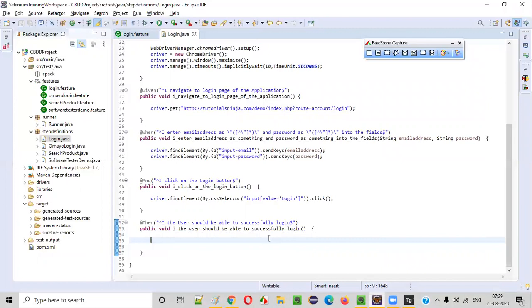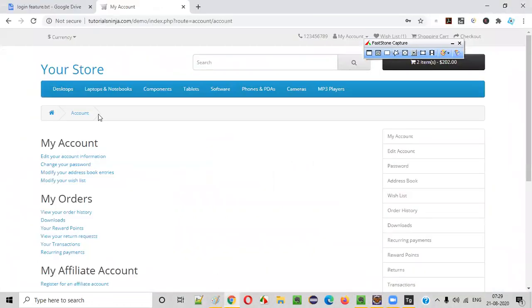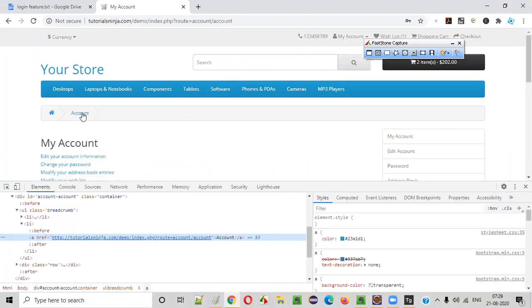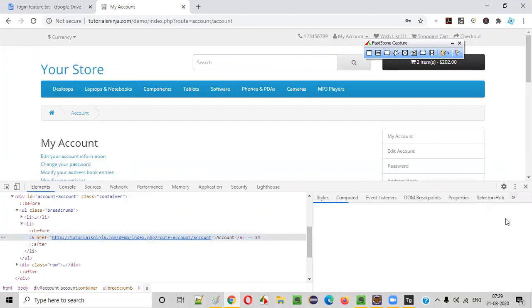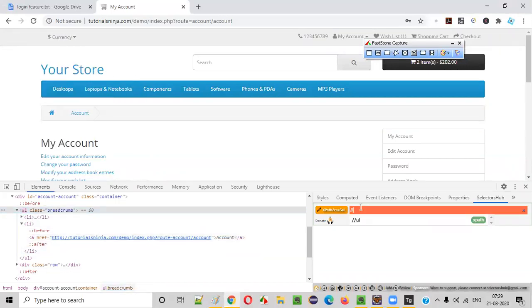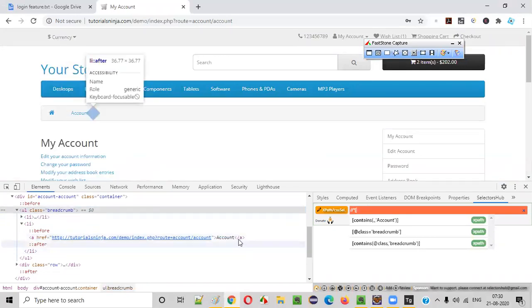So this element should be coming, right? This element should be visible. So right click, inspect this account breadcrumb. Let me create a locator for that. This one is having from breadcrumb. I'll try to create an XPath here, //*. I have to select this HTML code from breadcrumb because this has a class. So I want to start from here to here.